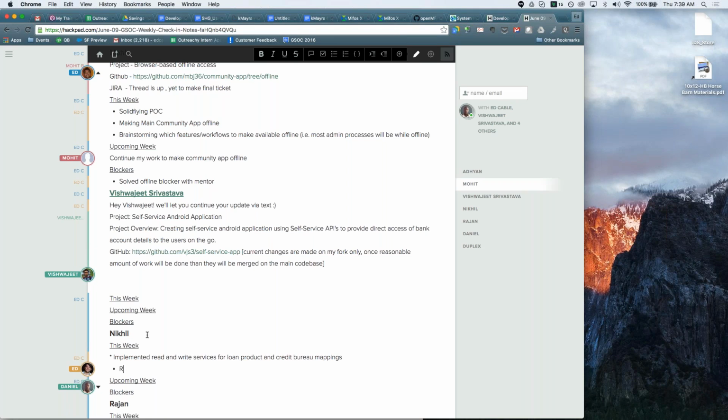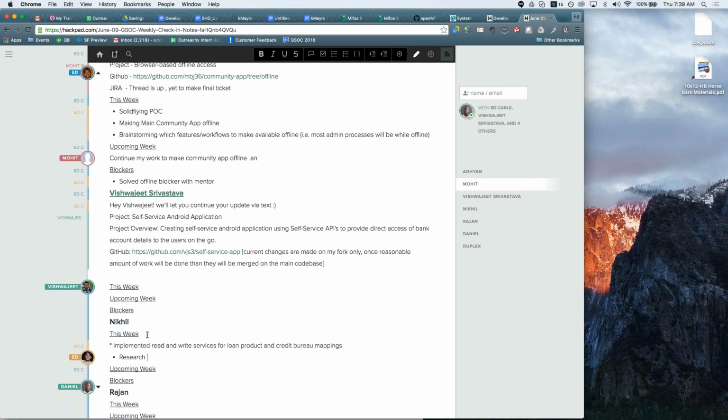The third thing is that I've changed my design regarding my router module. Currently I'm leveraging the mapping between the loan products and credit bureau, which is already implemented in the credit configuration module.